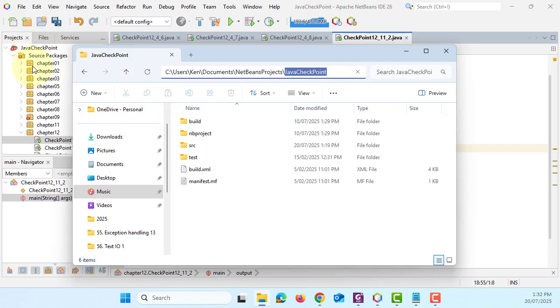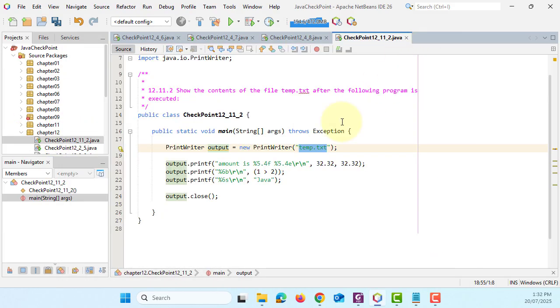But we like to keep it in the source package, which is here, SRC, and then in chapter 12. Okay, so let me point that out: backslash SRC, the source package, and then chapter 12. And then normally when you deal with file input and output, we may want to use